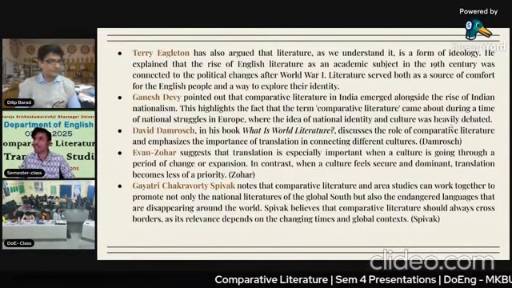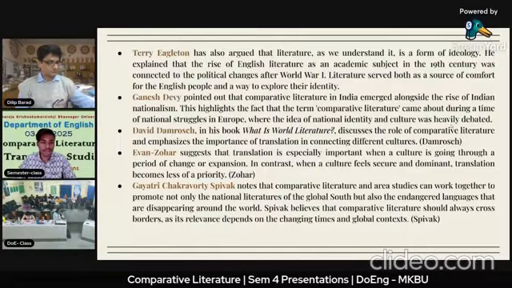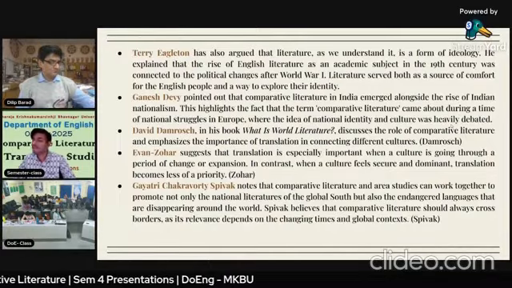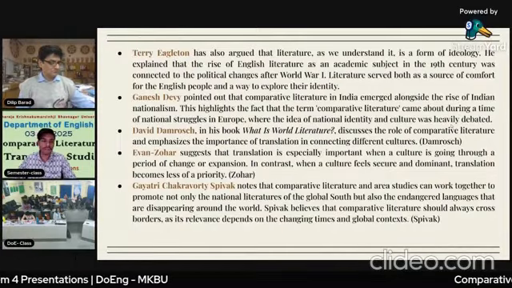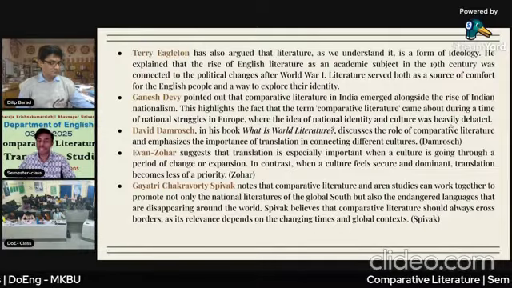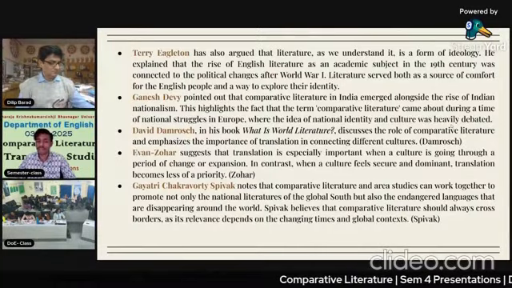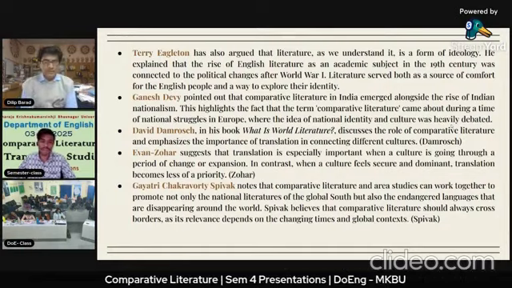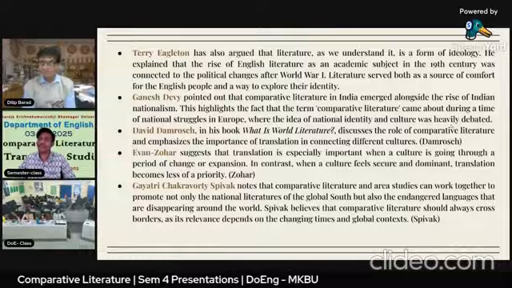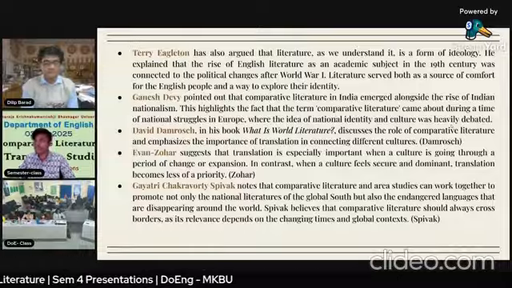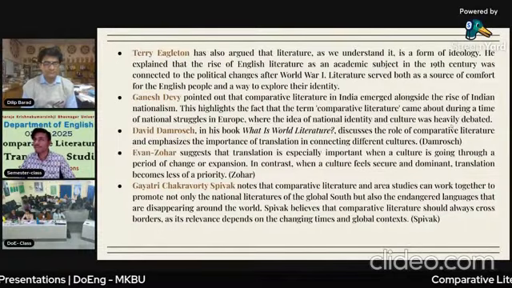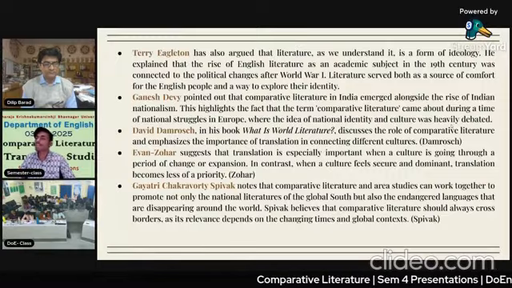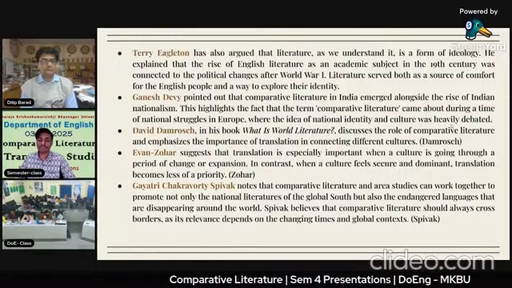Also, Itamar Even-Zohar suggests that translation is especially important when a culture is going through a period of change or expansion. In contrast, when the culture feels secure and dominant, translation becomes less of a priority. We can find that in a culture where people feel more secure, translation is not given priority.